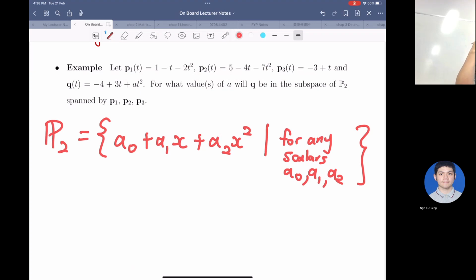So spanned by P1, P2, and P3 means what? Linear combination of these three things. So for what value of A will Q be in the linear combination of these three things? Everyone got it already? Any question? No? Yeah, try and do it. Try and solve this question again. So for what value of A can Q be written as the linear combination of